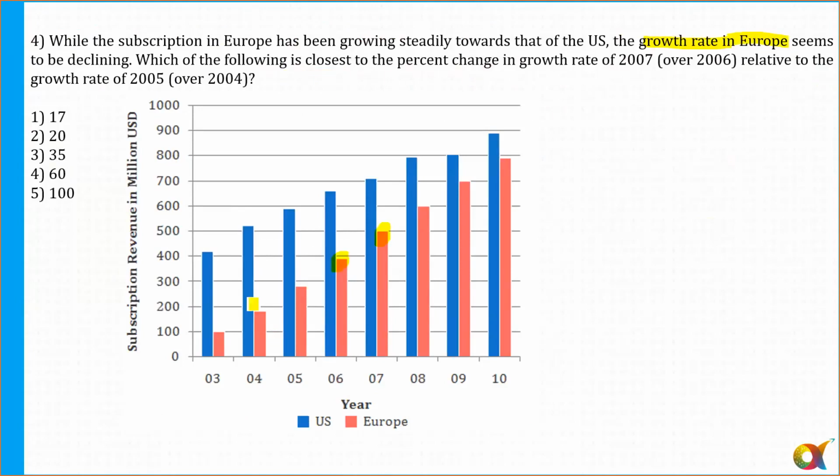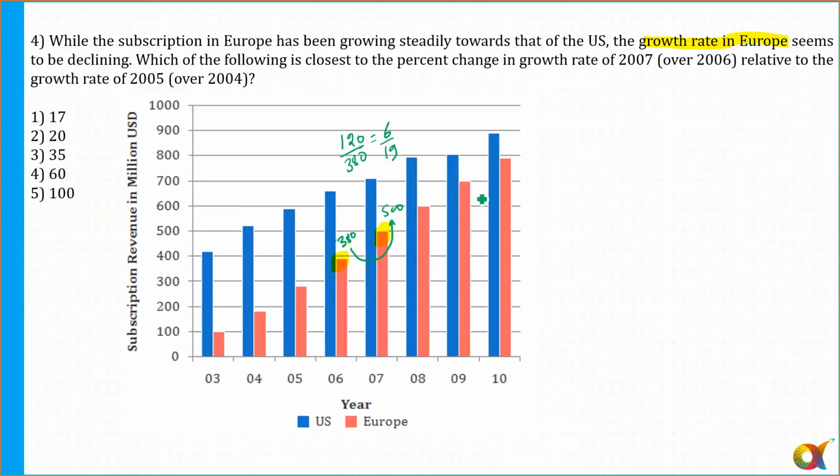Okay. So I need to find out the growth rate here. Here this value is approximately equal to 380, and here it is approximately equal to 500. Okay, 380 and 500. So what is the growth rate? From 380 to 500, there is a change of 120 over 380. And definitely you need to multiply it by 100 to convert in terms of percentages. So this is approximately equal to 6 by 19. So the growth is 6 by 19, multiplied by 100 to get it in terms of percentages.